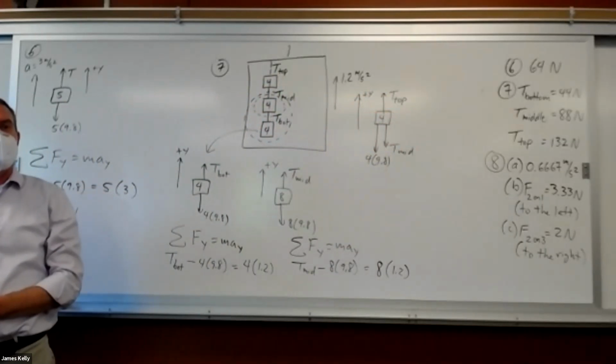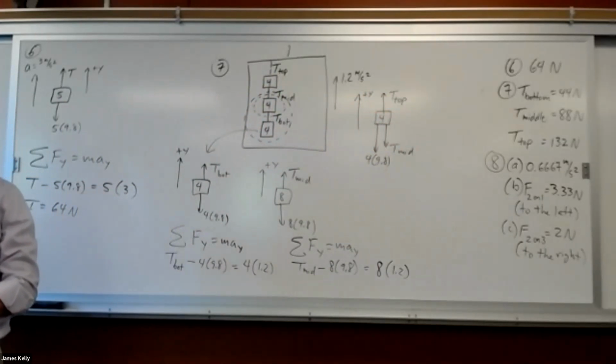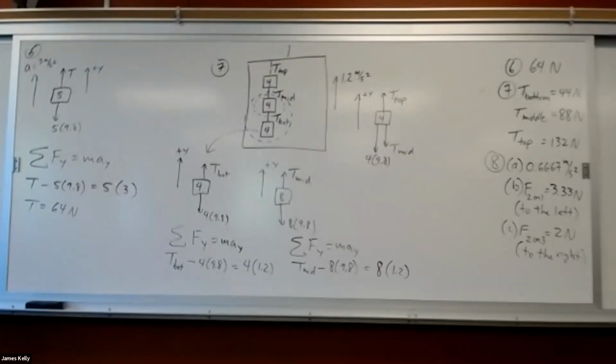I'm sure we could come up with one if we thought about it. Is there a reason why you think they would be true? I mean, it might be in this case because it's equal weights throughout. Yes. I mean, it might always be true because the tension on the top is just